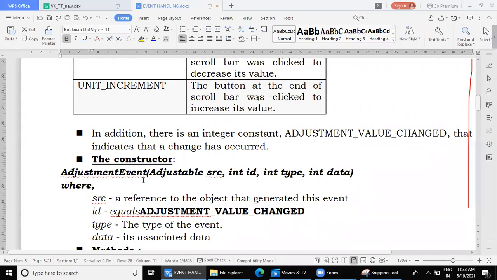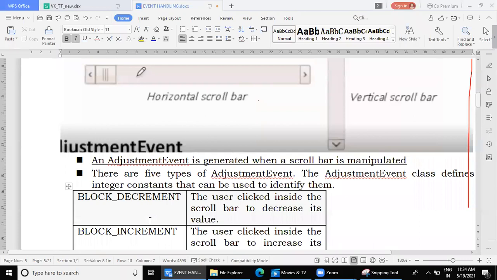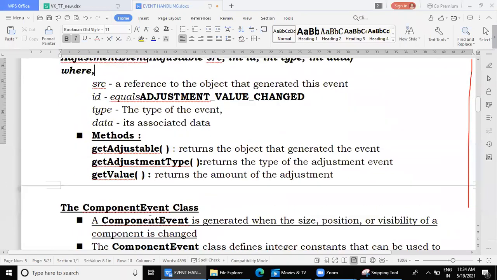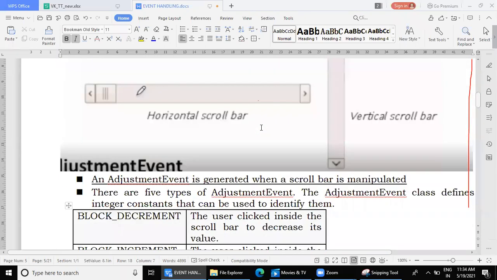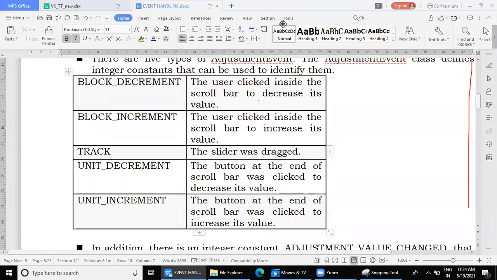Fine. So normally you will be just creating a reference of it. You will not create the complete object using this constructor. So this is just for your theoretical understanding. Practically, if you want to work with this adjustment event, you will be working only with the methods. Clear with that? I hope this adjustment event class is clear to you. Let's go to the next class quickly in 2-3 minutes, and we'll stop. We'll just go through the video.